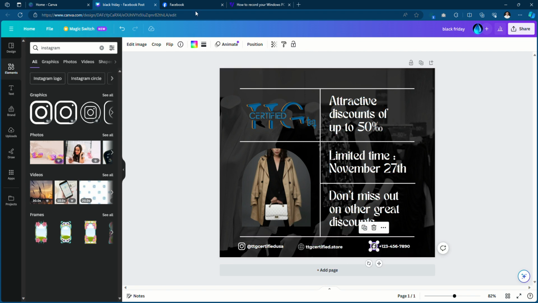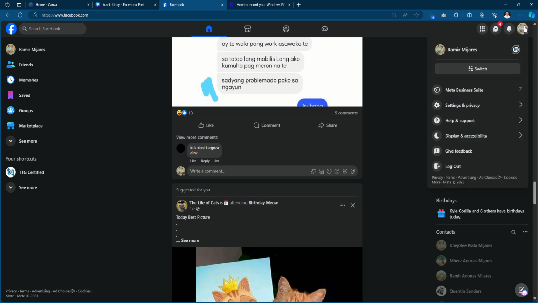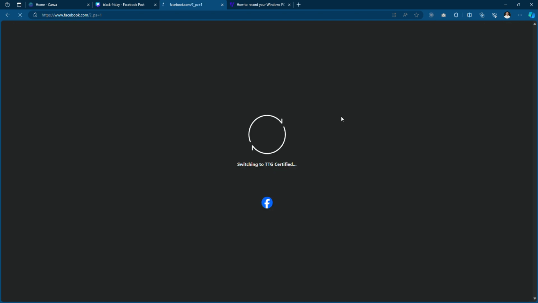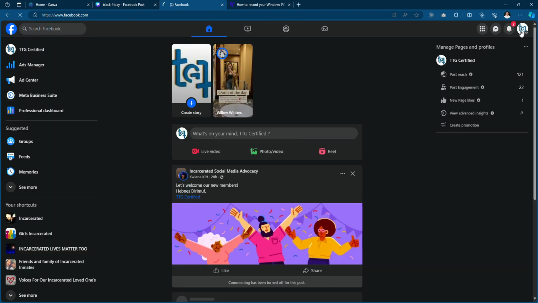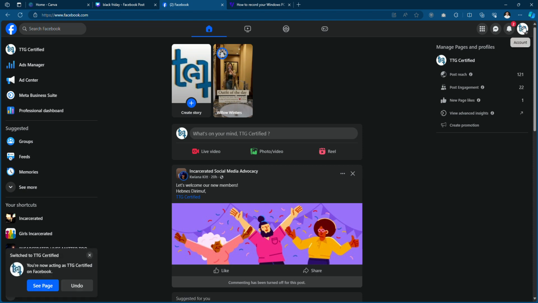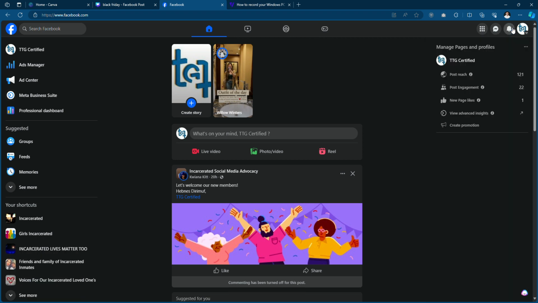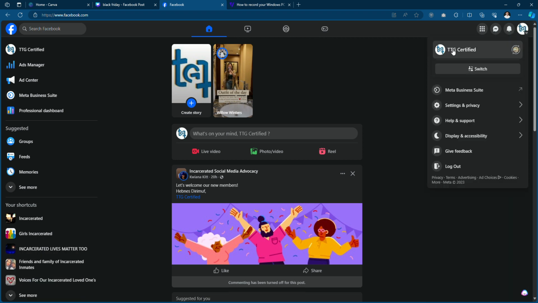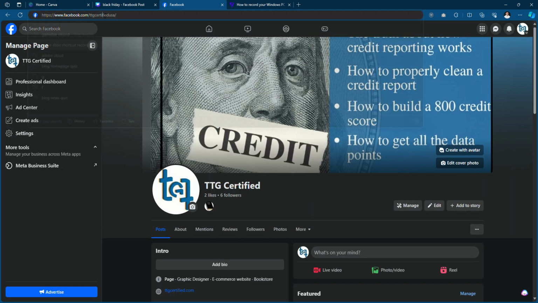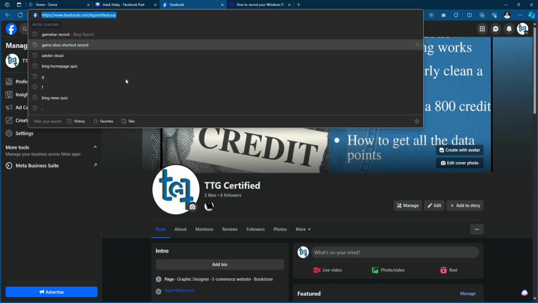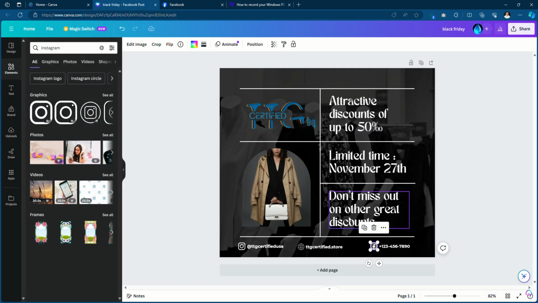Then this one, we're going to get the link of TTG Certified by switching to TTG Certified account. Then go to the profile of TTG Certified, then copy it, then paste it here.